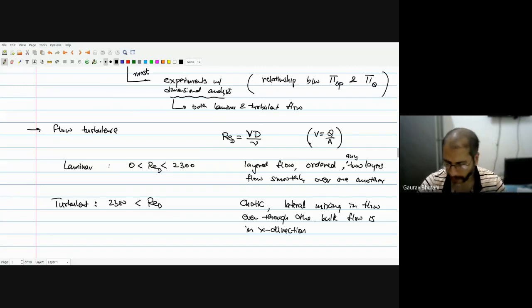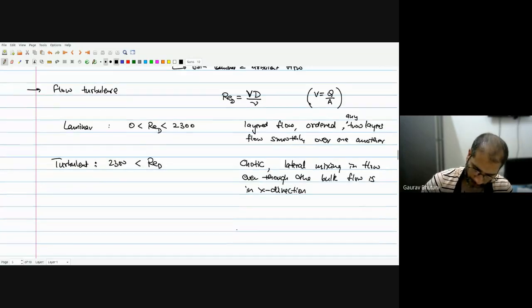Even though the bulk flow is happening in the x direction, you see a lot of chaotic mixing. So the flow starts to move in the y direction or the radial direction as well, even though the pump is providing delta P only in the x direction. All right. So as I said, we'll have discussion about turbulence in 2 lectures from now. So we'll talk in more detail about what turbulence is and how to handle that, if at all possible theoretically. And if not, then what can we do about turbulent flow to understand it in more detail.